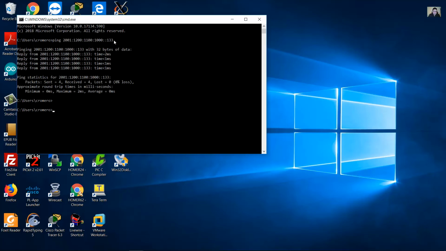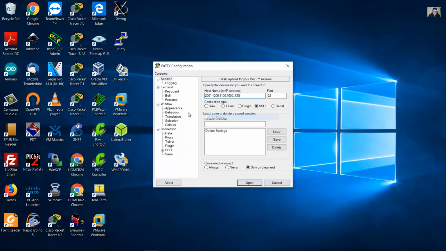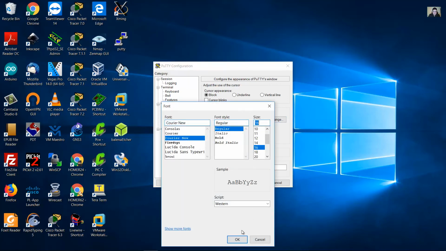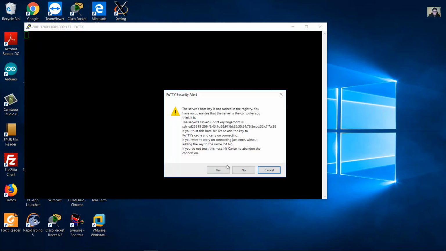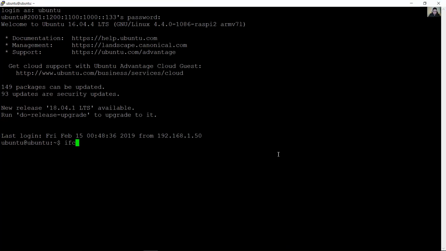Okay, also you can use this to access using SSH. Okay, this IP address. Yes. Ubuntu user, new password. Success. ifconfig,